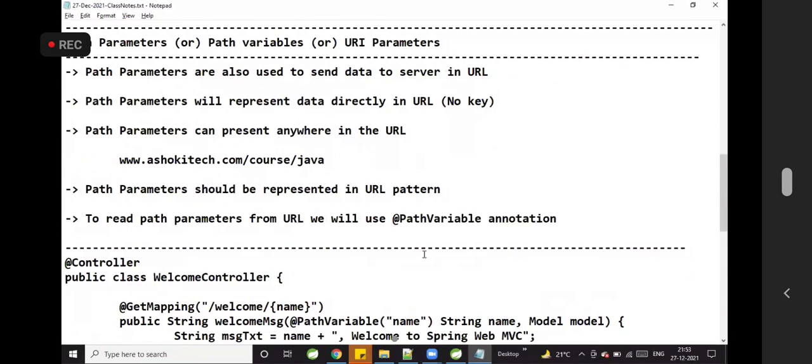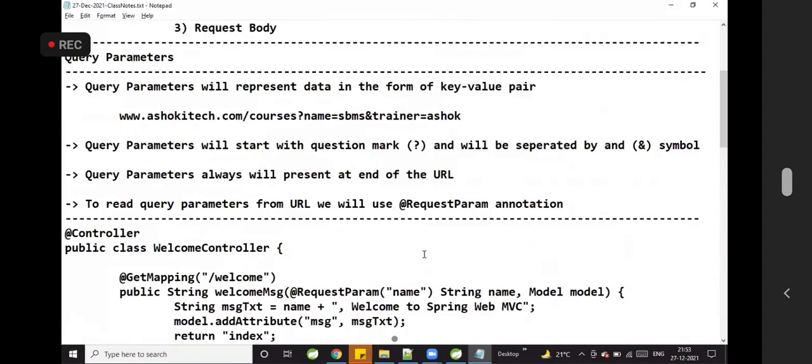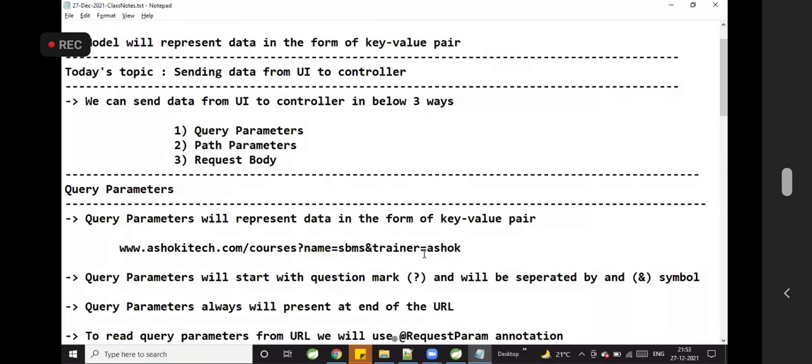If you want to send any simple information to server like one employee ID, one book ID, one customer ID, the data is not secret. The data is public data. There is nothing security for that. There is nothing sensitive for that. Such kind of small amount of data you can send in the URL by using a query parameter or by using a path parameter.